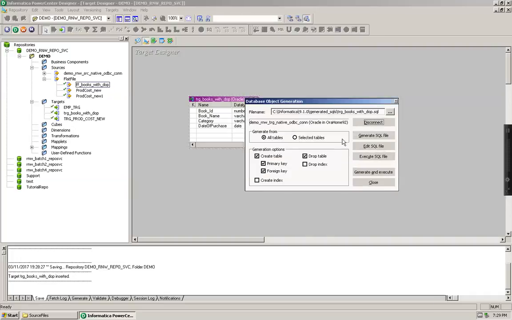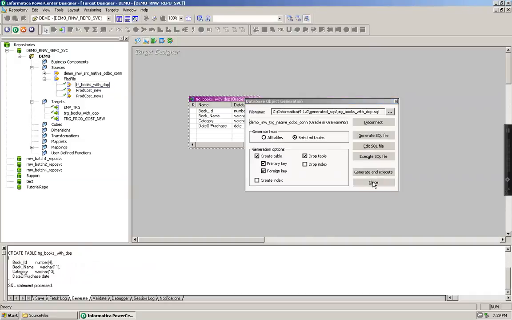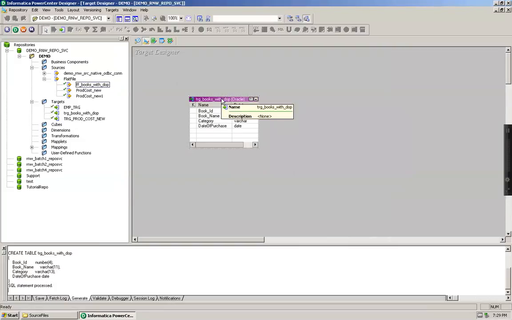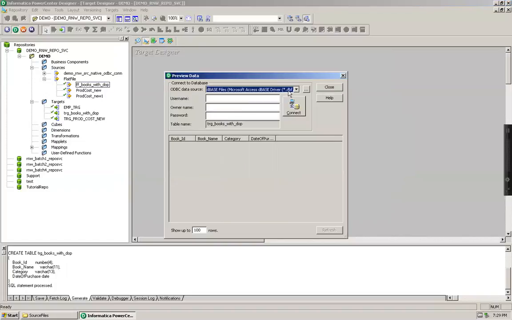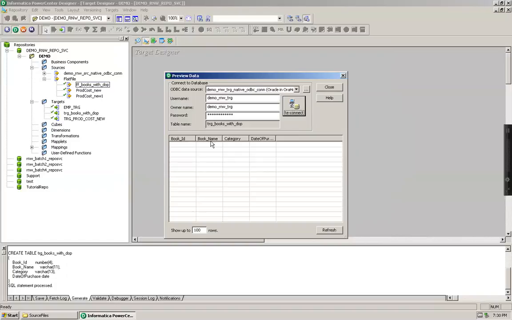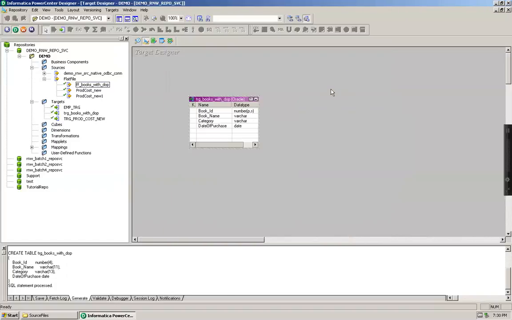Say connect. You can see that it got connected. Let me select the selected tables and generate. So my DB is now ready. If I want to see what data it has right now, I can go to preview data and connect to the target database. Connect. You can see there is no data as of now. That's fine because I have created this target just now.